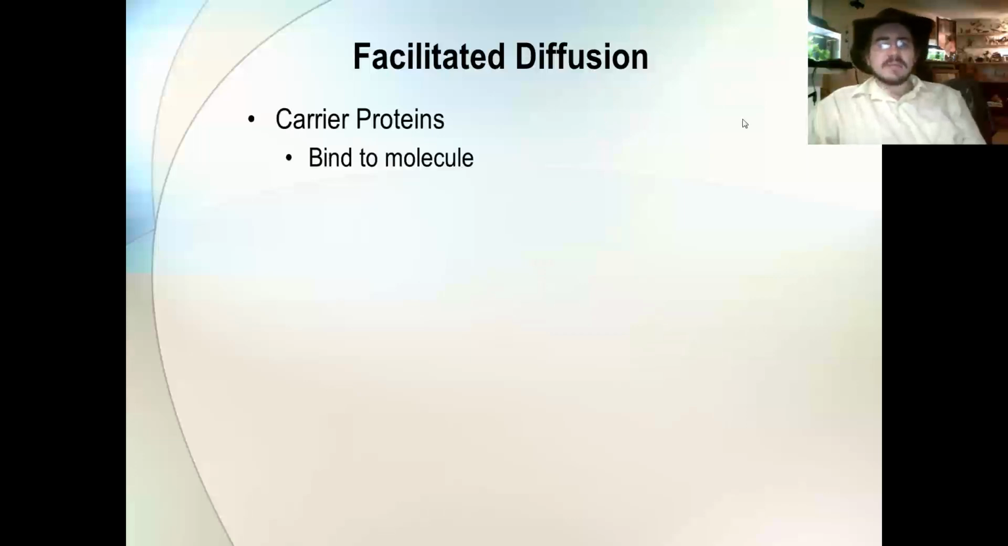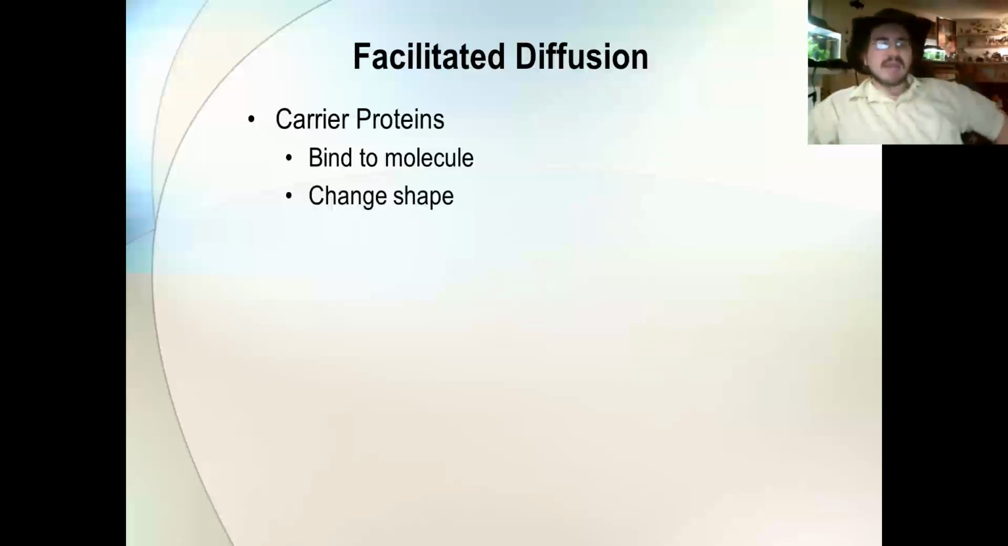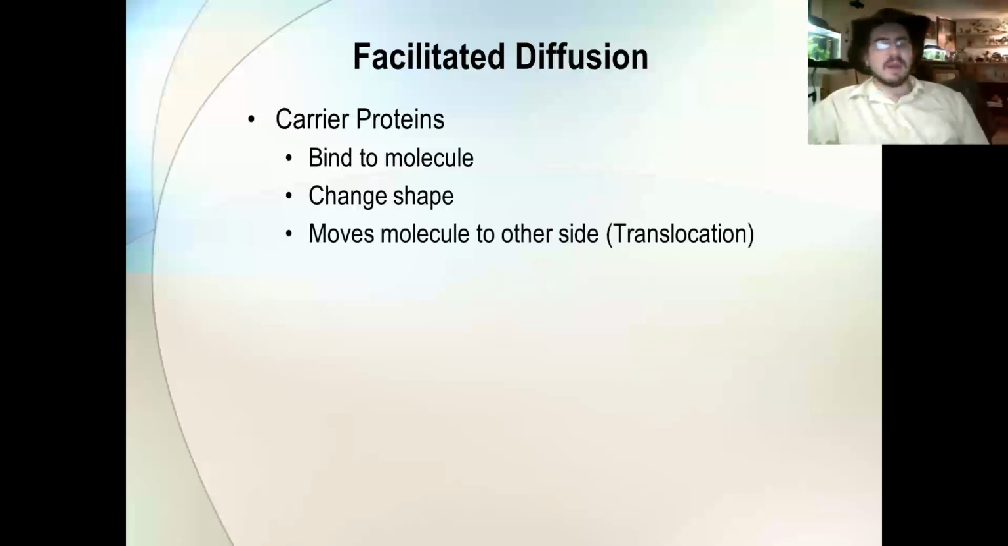And a carrier protein can bind to a particular molecule. It has a binding site. And that binding site is another lock and key thing, where the molecule is the key and the carrier protein is the lock. And if the key fits the lock, it binds to the carrier protein. And when it does that, it actually changes the shape of the carrier protein. And that shape change allows the molecule to move across the membrane, which has an awesome scientific term,